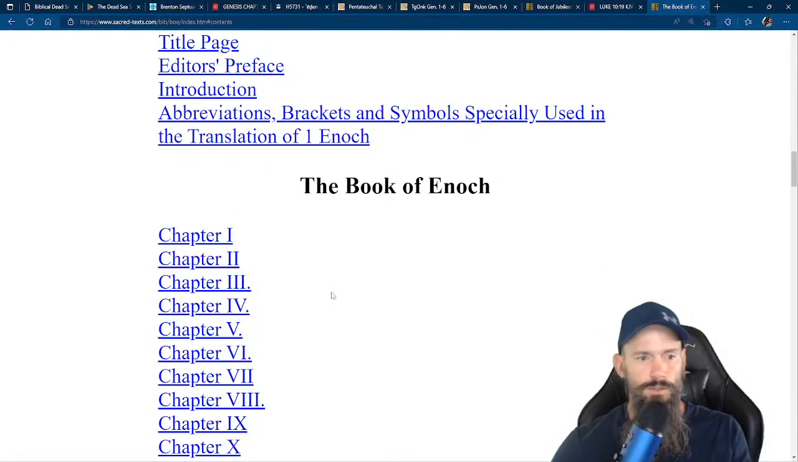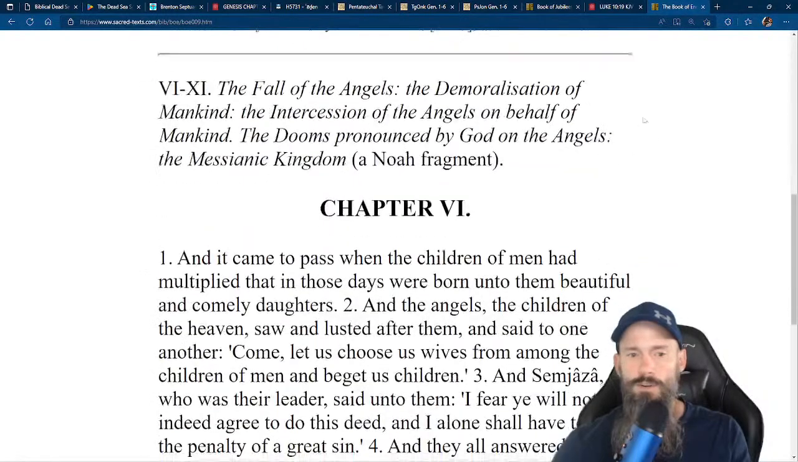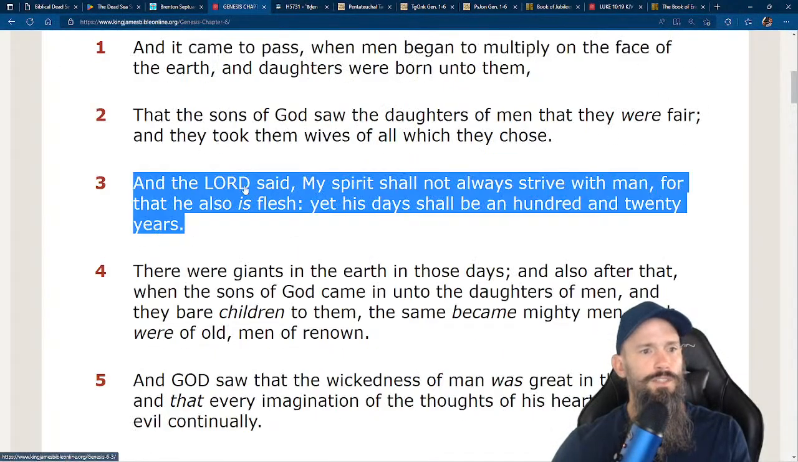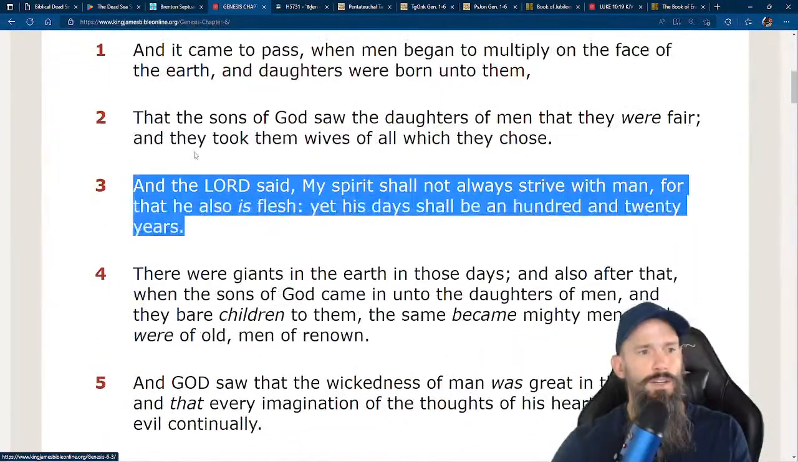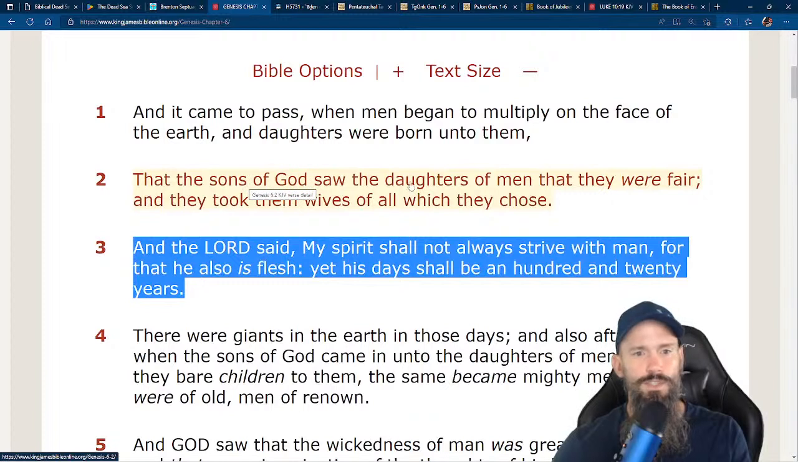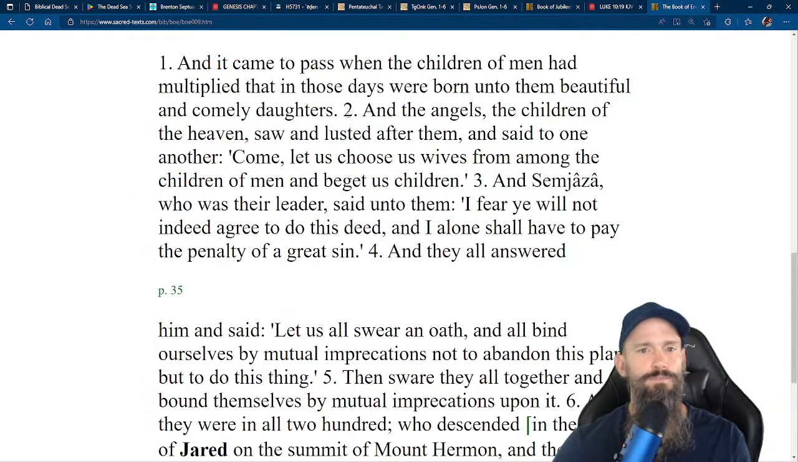Let's see here. Chapter... Very interesting thing I found with Enoch was when you see Genesis chapter 6, verse 2: Sons of God saw the daughters of men that were fair. They took them wives of all which they chose. When you look at Enoch,